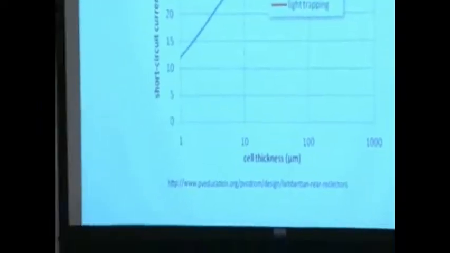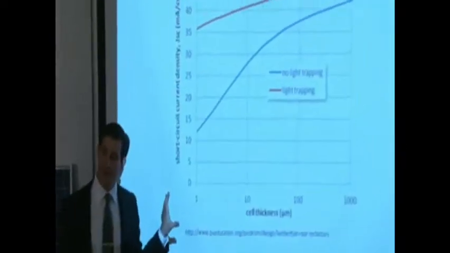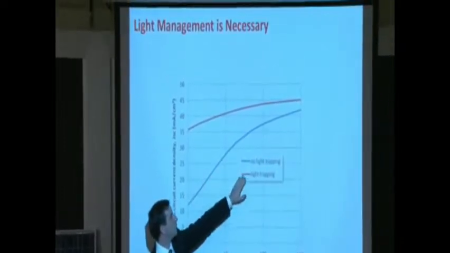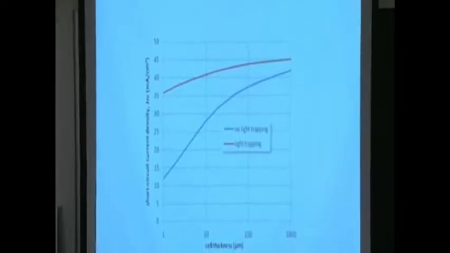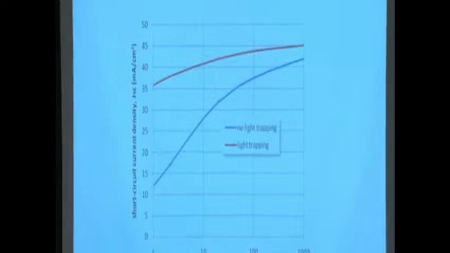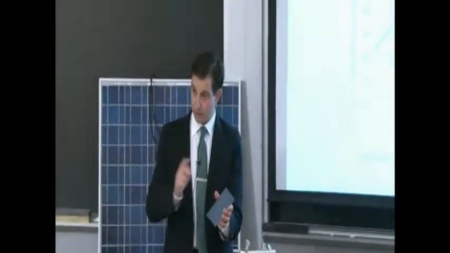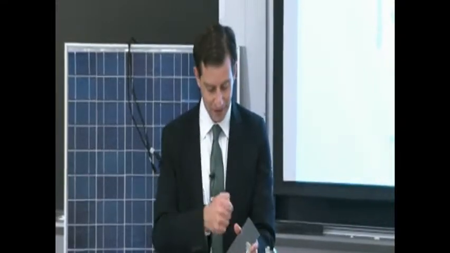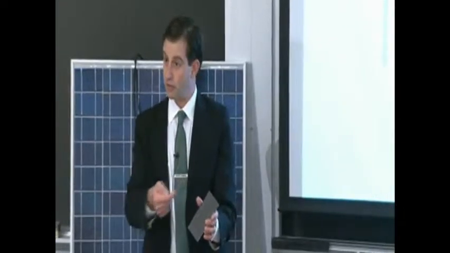Okay, so again, I wanted to really emphasize that light management is necessary in devices. This is no light trapping, the blue curve, and with light trapping being essentially just an engineered coating on the backside of your device. If light's coming in through here, I've engineered a coating on the back to reflect the light back so that it gets a second bounce through the material. I've engineered the front surface, texturized it so that we have not only the benefit of 2 bounces, double the chance of the light going in, but also Snell's law working in our favor and increasing the optical path